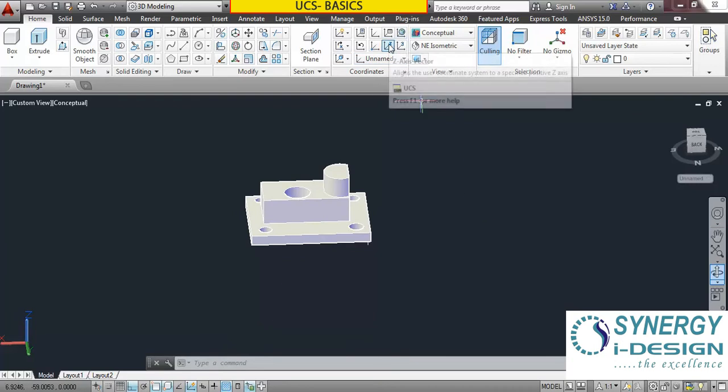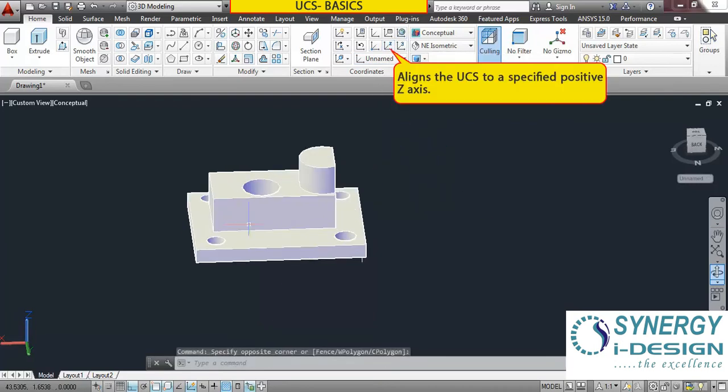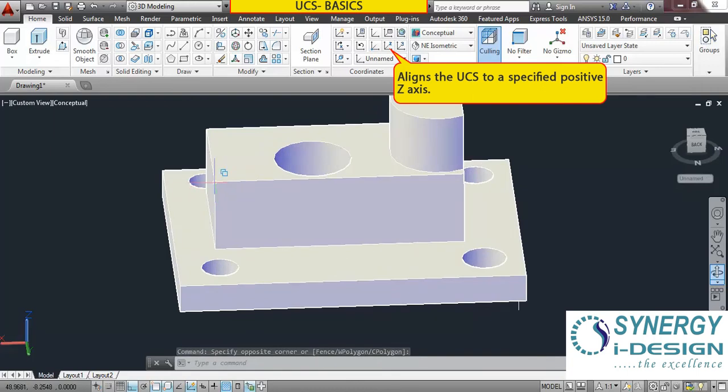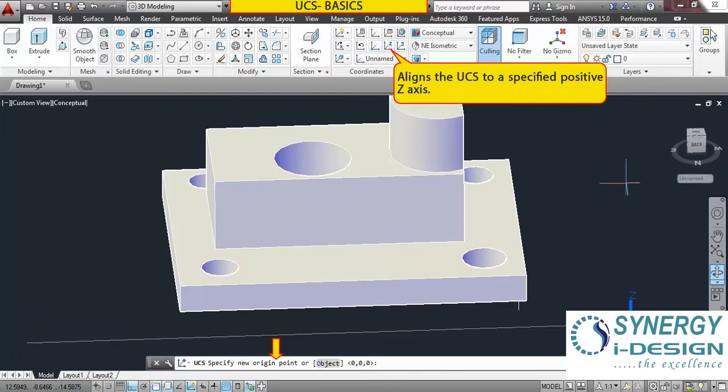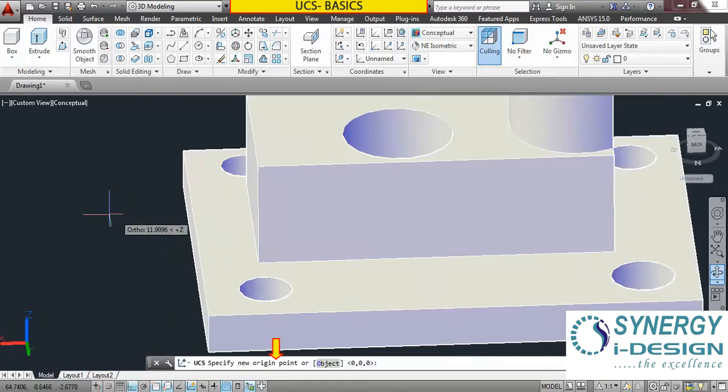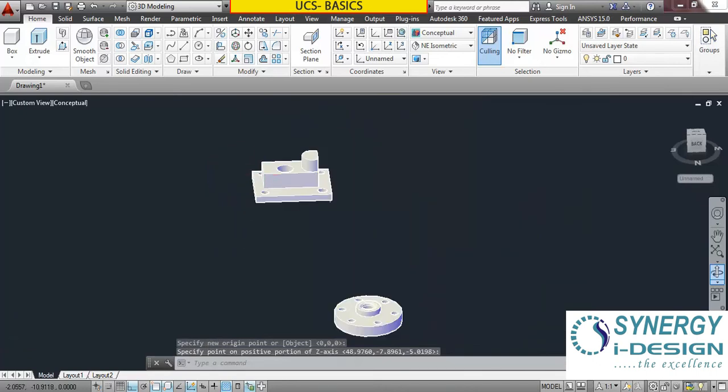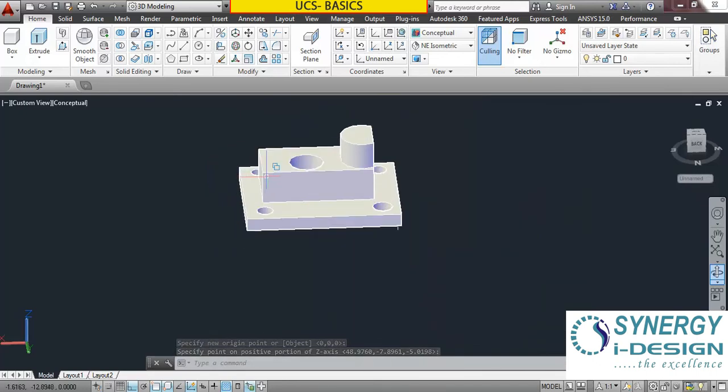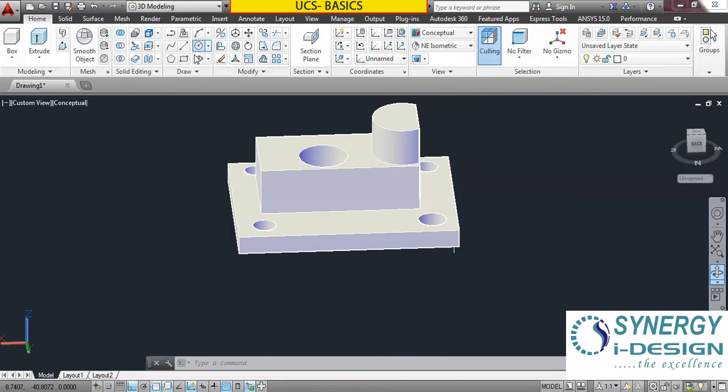Now, z-axis UCS, what is it? Suppose we want to put our UCS at this point, and z-axis upward. This option is the most suitable in this kind of situation. Now it is asking for the new origin point. I select this. Now it is asking for the positive portion of the z-axis. I select this end point, and this is showing. Now if we draw something,